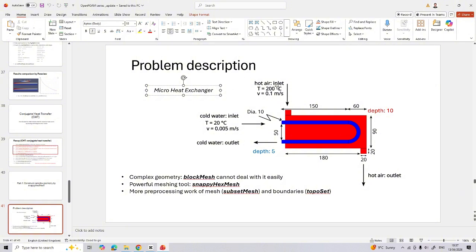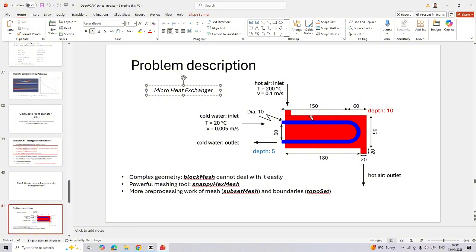We always know the inlet conditions of the media because we use them as input, and by simulation, the CFD, we want to get the exact outlet conditions to check if it satisfies the heat